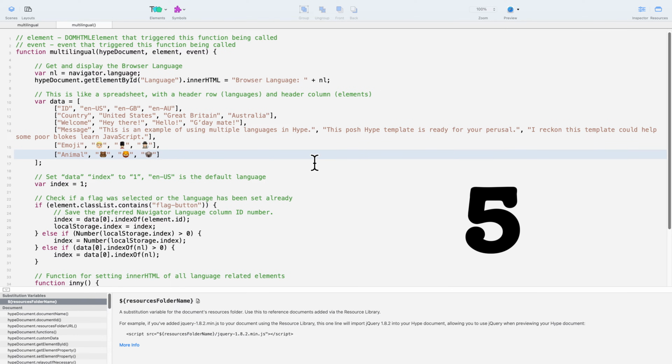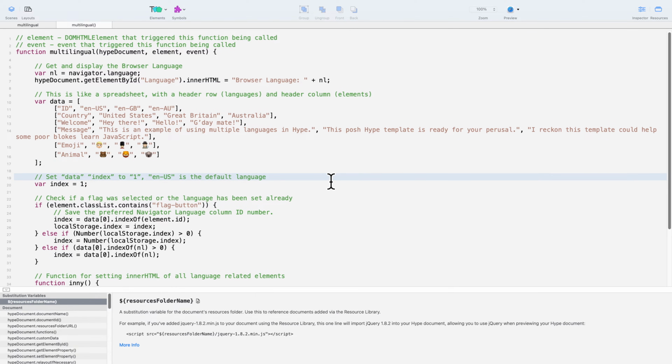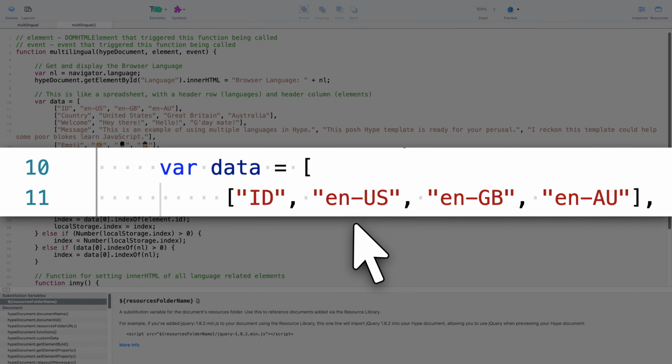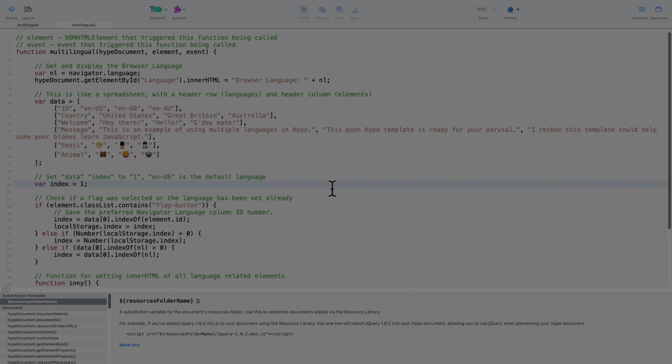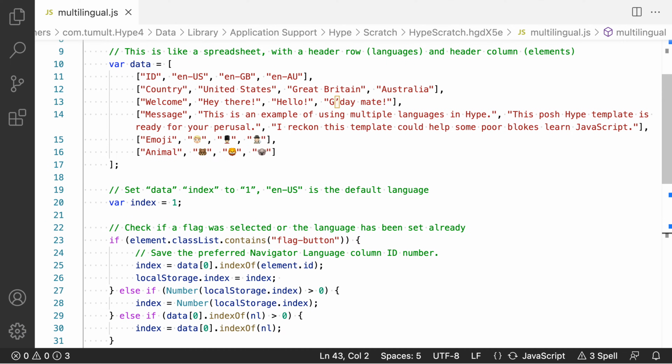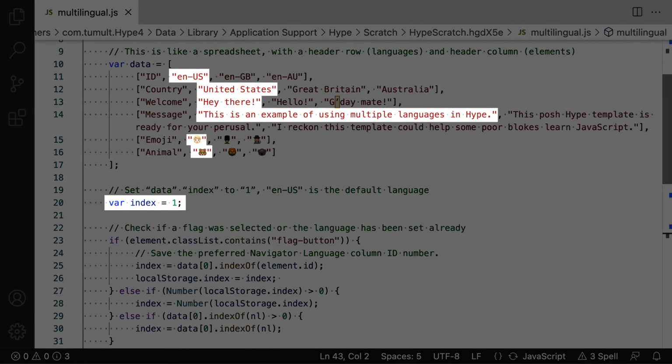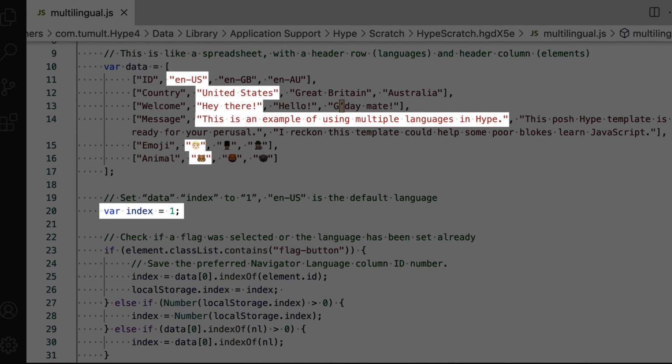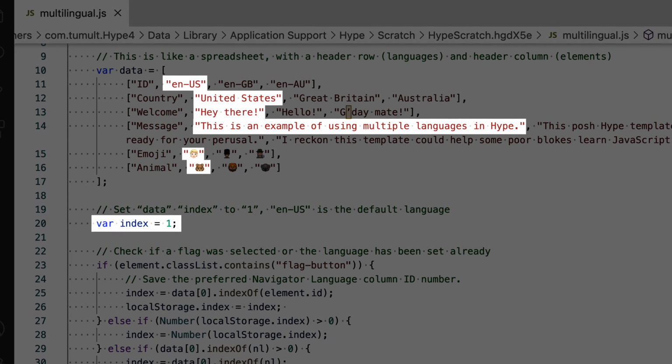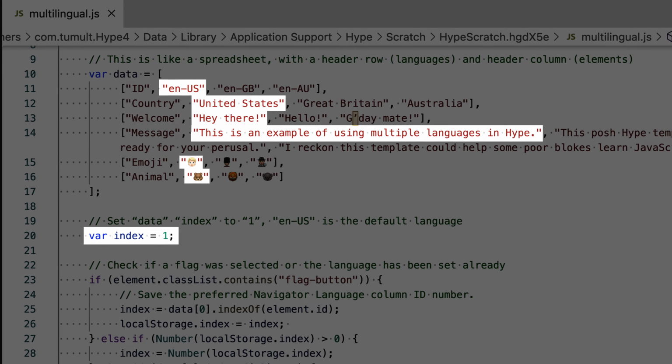In the first row of the multidimensional array, there are 4 values: ID, en-us, en-gb, and en-au. Now, just count it like a computer: 0, 1, 2, and 3. That's why headers are nice, as it keeps the numbers more human. Our first language is United States English, so that's what the code is doing. By default, the language is set to en-us. Use the first column of the language data.